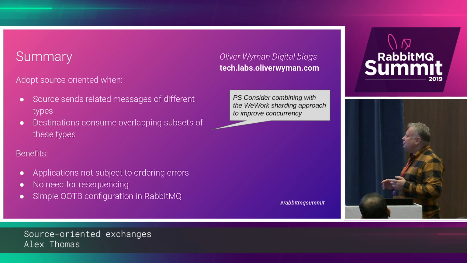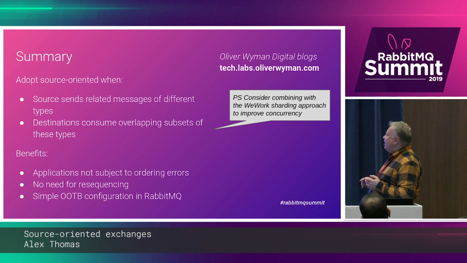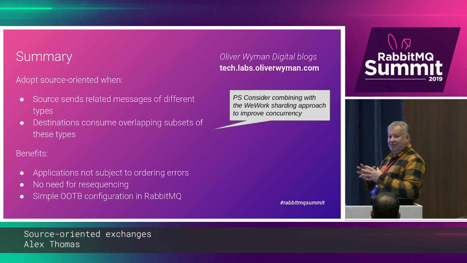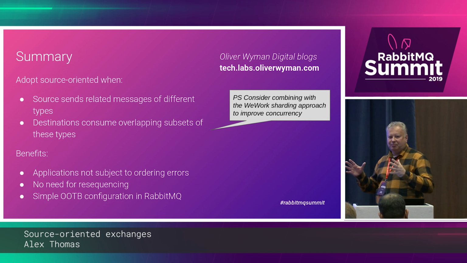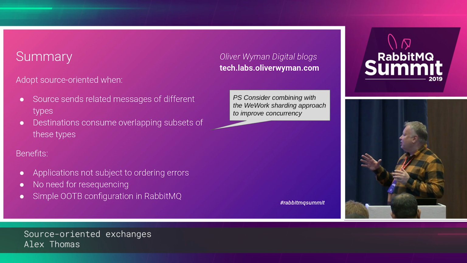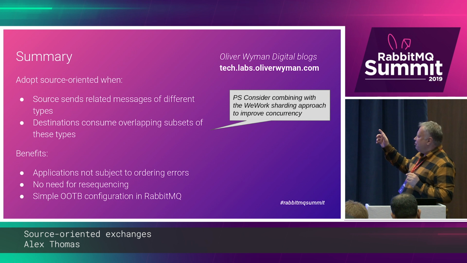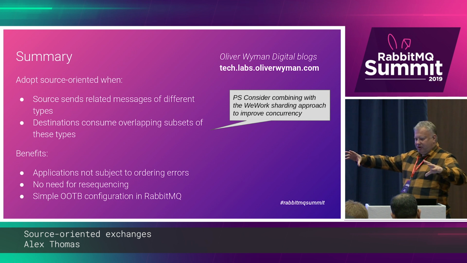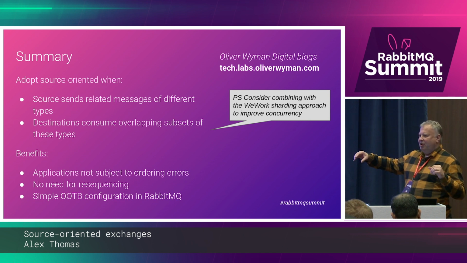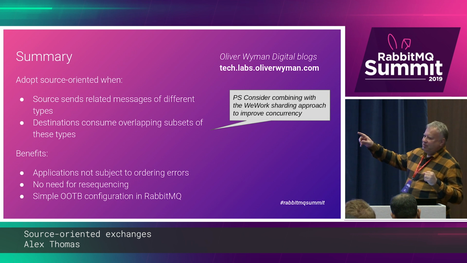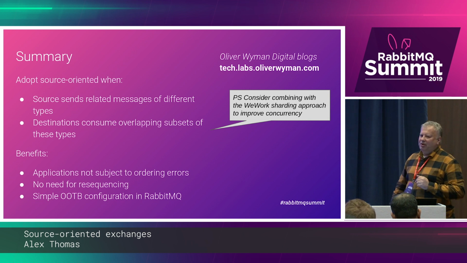So that works within the individual streams, if you like. I should have put a diagram up here. If you combine sharding, according to the number of consumers that you want to run in parallel, with this approach of having one exchange per source,